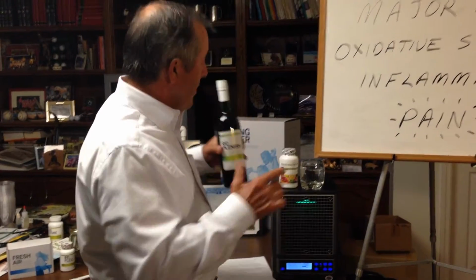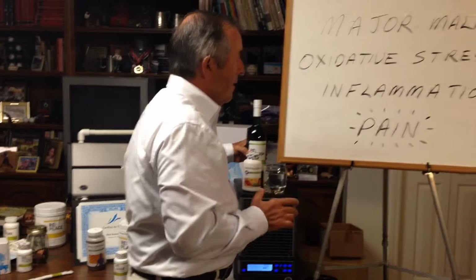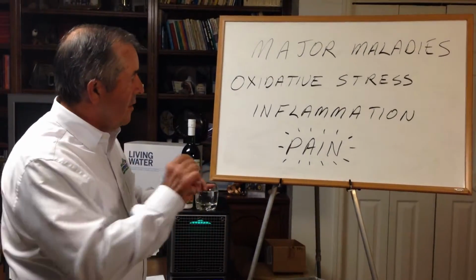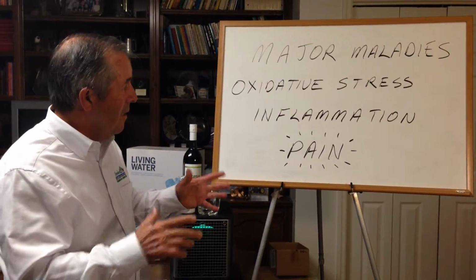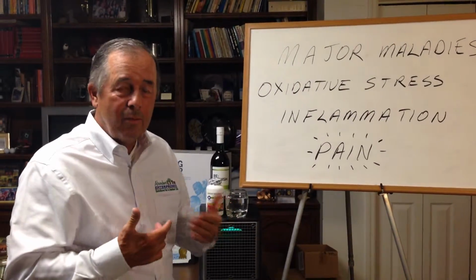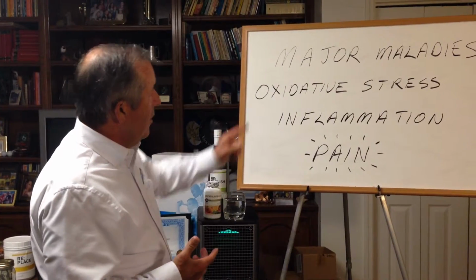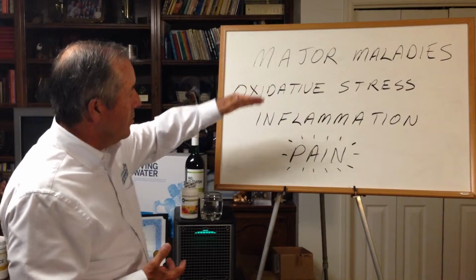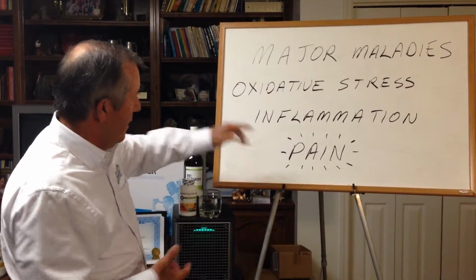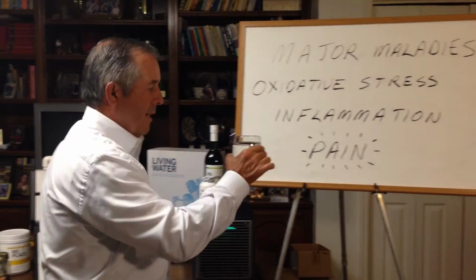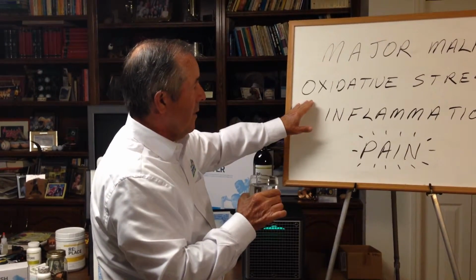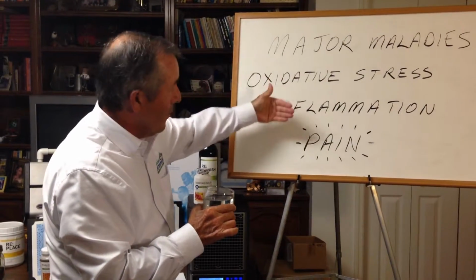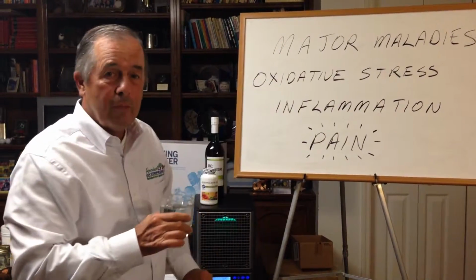So, an introduction to the major maladies, and I'll be talking about each of those maladies, or the most common ones, individually over the next couple weeks, and go through what I would recommend if you had that malady. But for today, realize that major maladies are brought on by oxidative stress, which causes inflammation, which causes pain. If there was a way to alleviate that oxidative stress, who knows, we may be on the road to better health and getting rid of those major maladies.